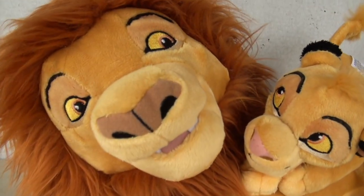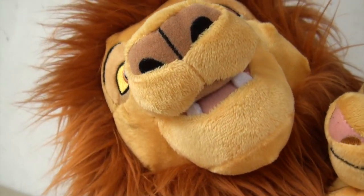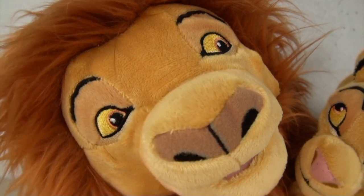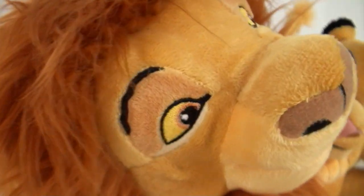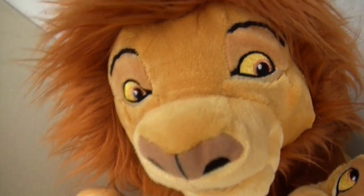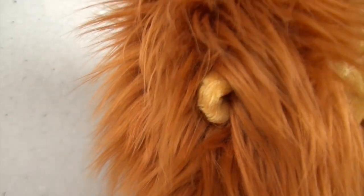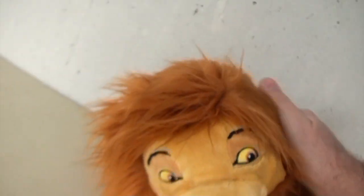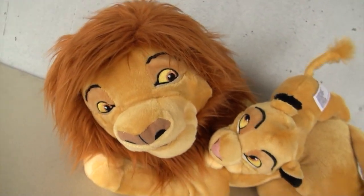We can see Mufasa has a rather adorable face with a big smile and relatively small, nicely embroidered eyes. The nose is rather well done as well, and you can see he has two white teeth in his mouth, and beneath this long fluffy mane, which you can actually brush and comb to make it less wild, you can see his two ears sticking out,